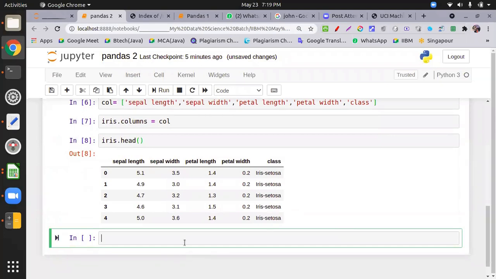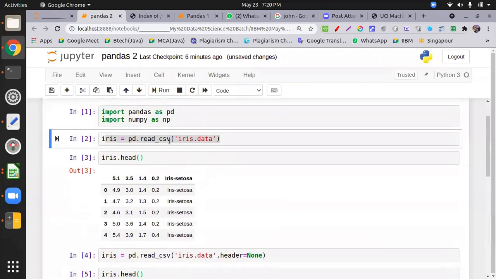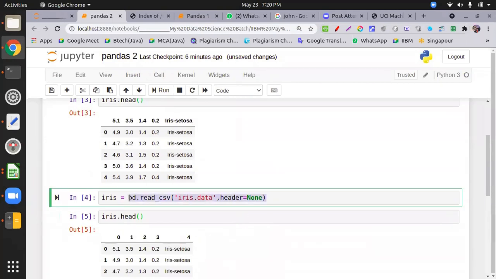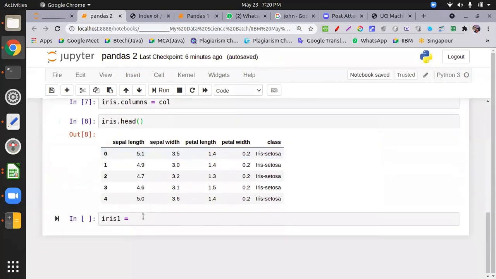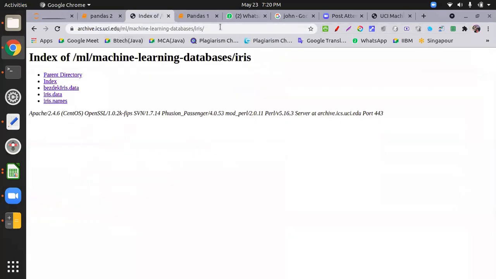We can read this data set from online. How? iris1 equal to, check, I don't want to download this. If you don't want to download this, what I do, iris equal to, using the sklearn library? No, directly the URL. You put the URL, you go to here, find this one over here, and the file is iris.data.